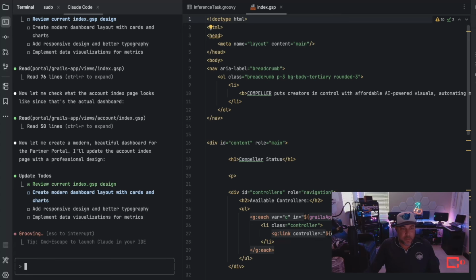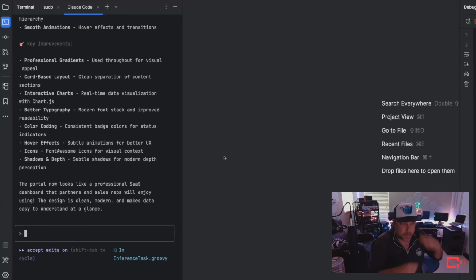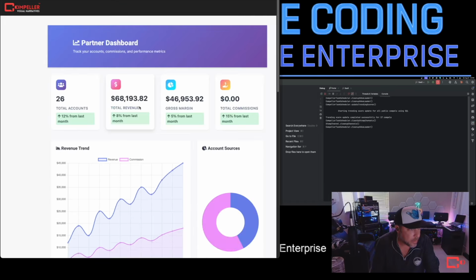you can cut out a lot of that crap and just say, my account dashboard looks like crap. I want it to look better. Make it pretty. And it'll go through its knowledge of humanity base and say, oh, this is what normally looks pretty. So let's see what it comes up with. So let's see how this actually turned out.